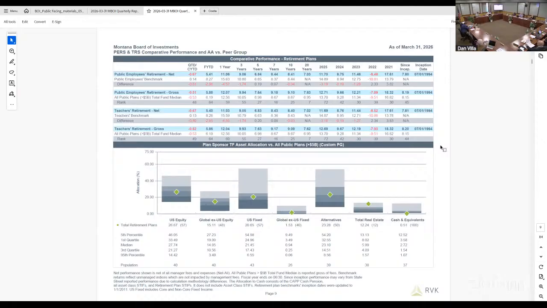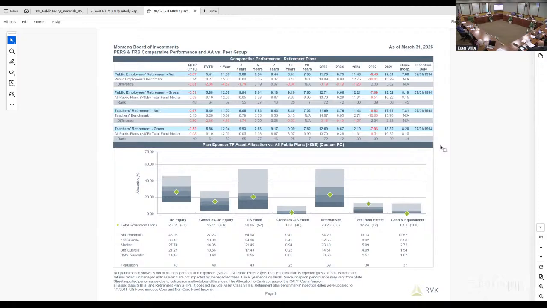If you look at non-US equity, you have about the same as median at around 15%. As you look at fixed income, just slightly lighter in US fixed income than the median, but when you combine it with non-US, which is the next column, you have almost the same exact allocation to fixed income between those 2 categories. Alternatives, you're right at the 50th percentile in terms of your allocation of 23%, which is right on top of the median, although there is quite a divergence in the composition of alternatives for other public funds.